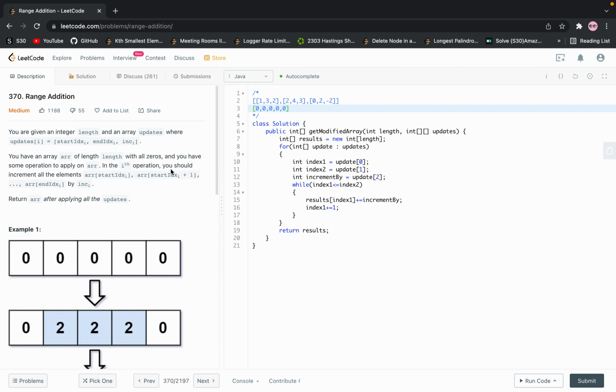So the question is range addition. Basically what it means is that you have an array of length, this length given, and let's say the length is 5 for us. So we have an array of length 5. You are given a range which is 1 to 3, and whatever is the element in the updates array on